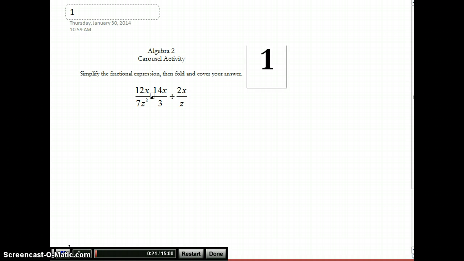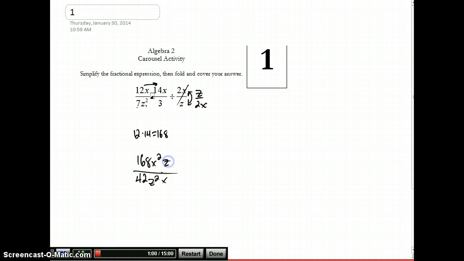So here, the temptation is to just begin multiplying straight across and saying that 12 times 14 is 168, so I've got 168, and x times x is x squared, and then flip this over and it'll be z over 2x, so we've got z, and then in the denominator I have 7 times 3 times 2 is 42, and z squared times x. And that's fine, but then afterward you have to go back and start simplifying, and you